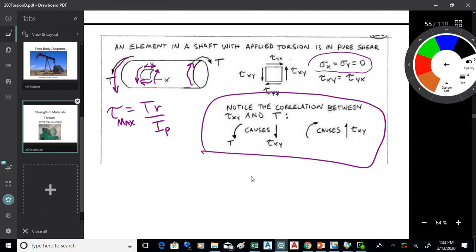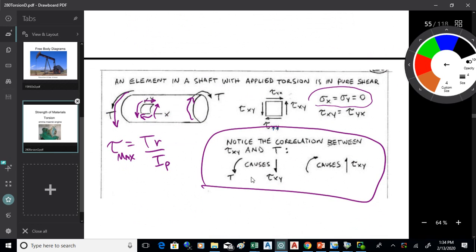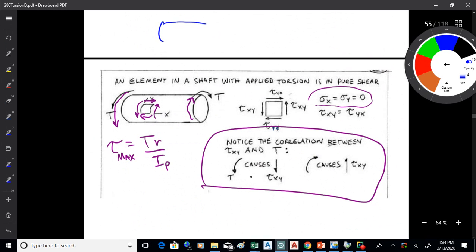All right, so the first thing is what happens when we apply torsion. What we end up with when we apply torsion is we get shears on those planes. So if you have torsion that's applied as I'm showing, the first thing that's going to happen on an element, if you're applying torsion like that, and then like that, is